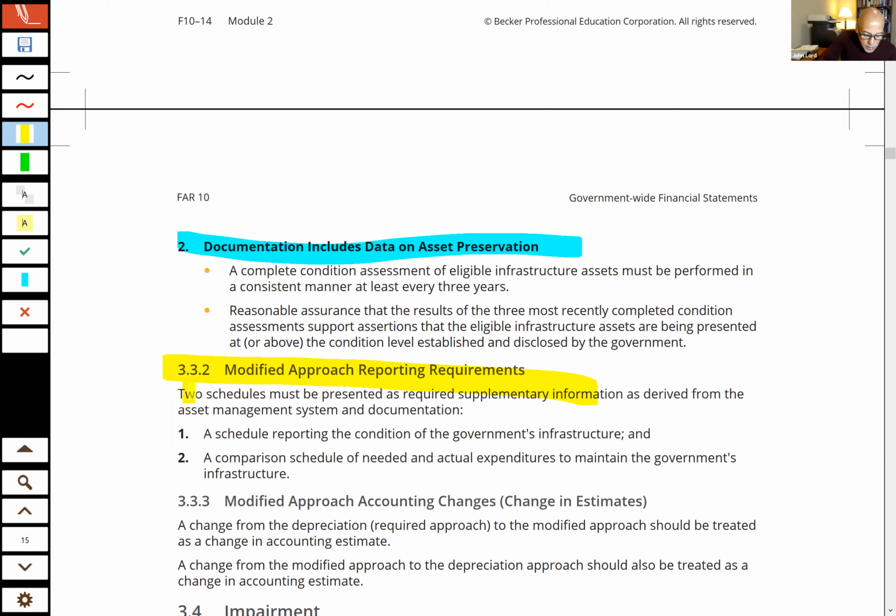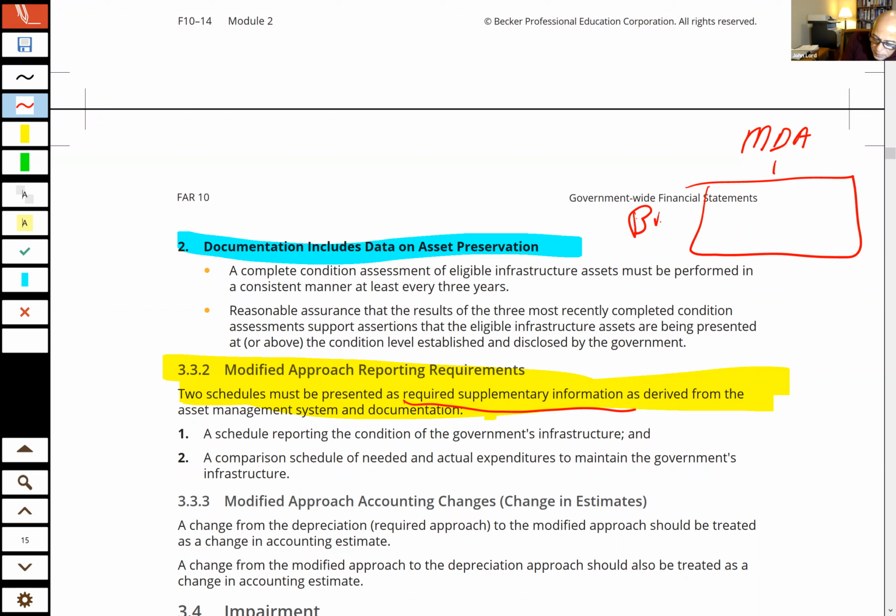And they tell us that there will be two schedules that must be reported as required supplemental information. Now, just a quick review of what required supplemental information is. Remember, we talked about the GASB 34 reporting model, and we said we'd have the MD&A, then we'd have the basic financial statements, which would include what? Both the government-wide and the fund